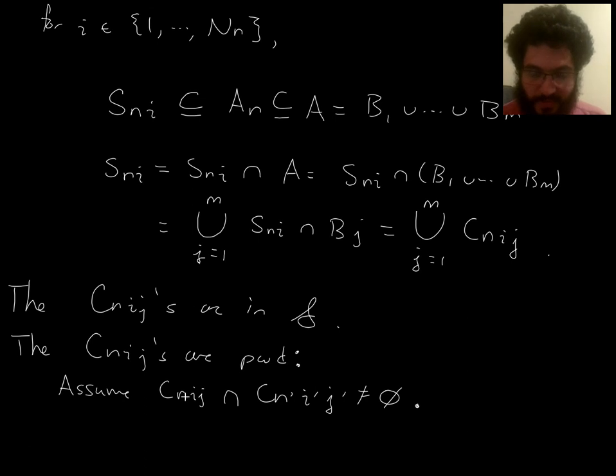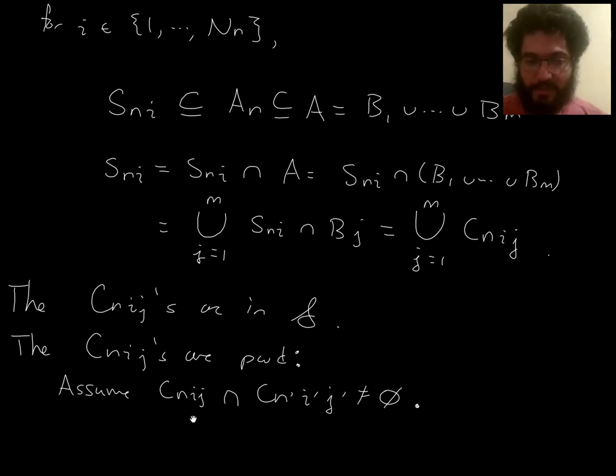So now the goal is to prove that n equals n prime, i equals i prime, and j equals j prime. Okay, well, let's first think about j. I think j is easy to work out. If j and j prime were different,